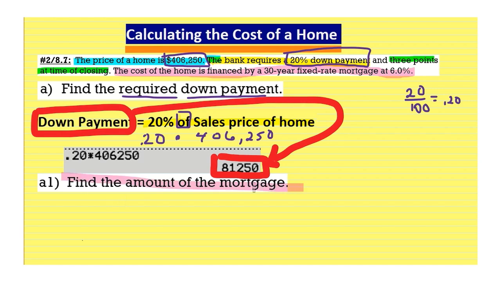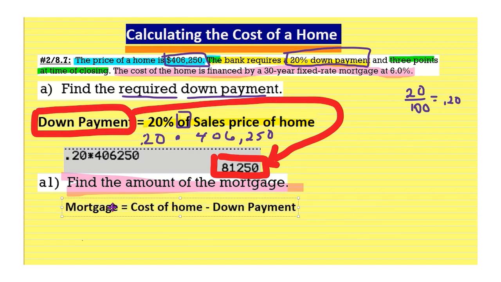Okay? So the next thing it wants us to do is find the cost or the amount of the mortgage. So we're going to do that. We're going to find the amount of the mortgage by taking the cost of the home and we are going to subtract the down payment. So the cost of the home will be